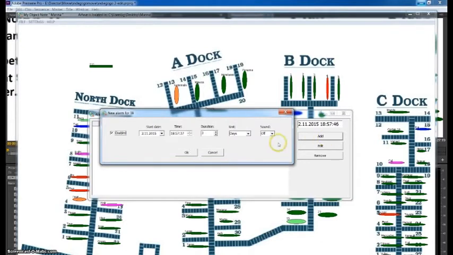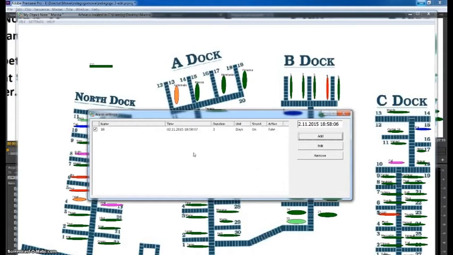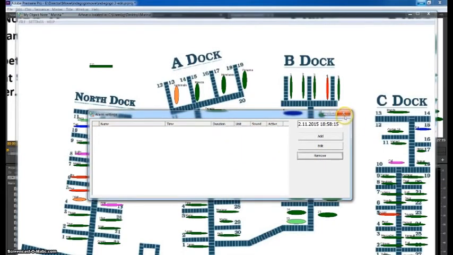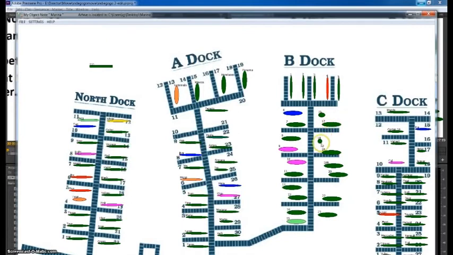For example, I will show you now one alarm which will go on in some seconds. Let's see. Okay,